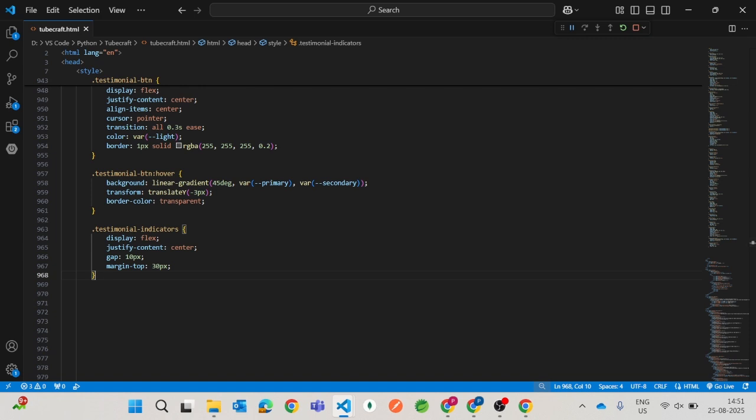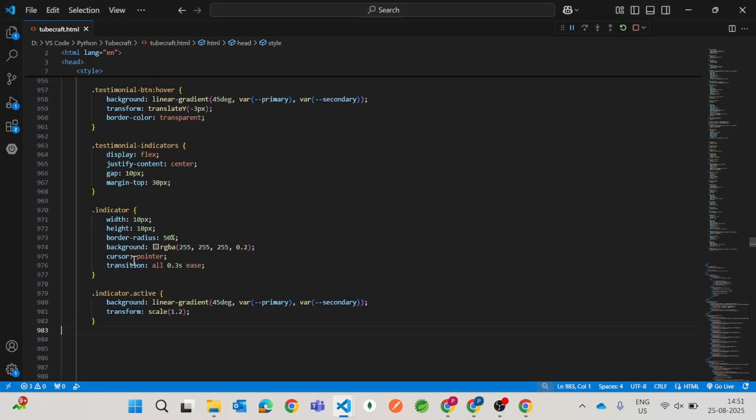Once the indicator is given, the indicator should be active, so for that I'm giving this indicator and indicator dot active. After that we had the FAQ section,